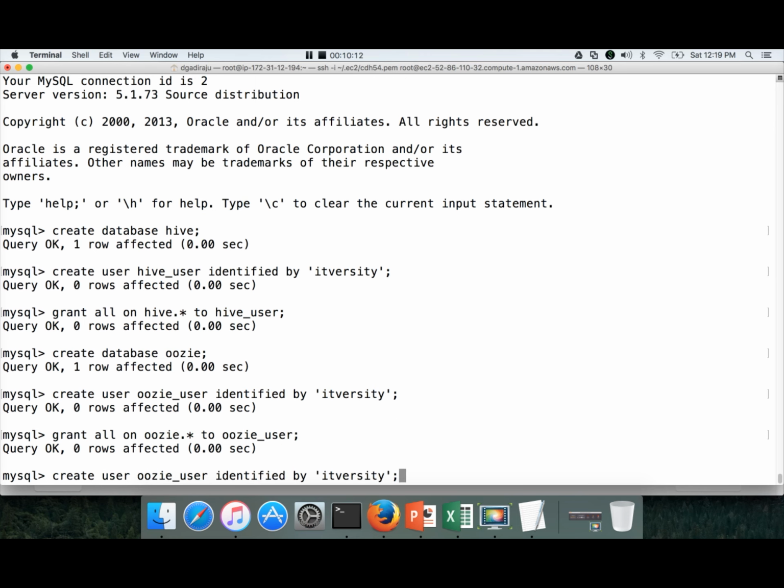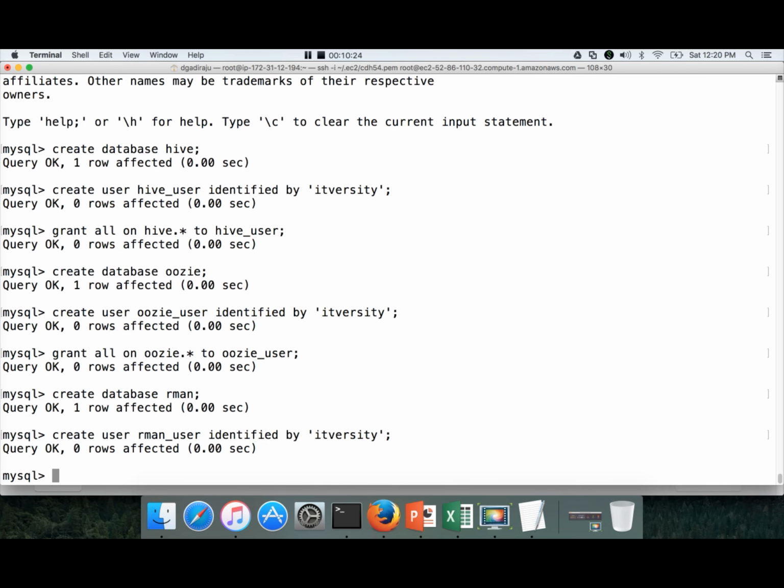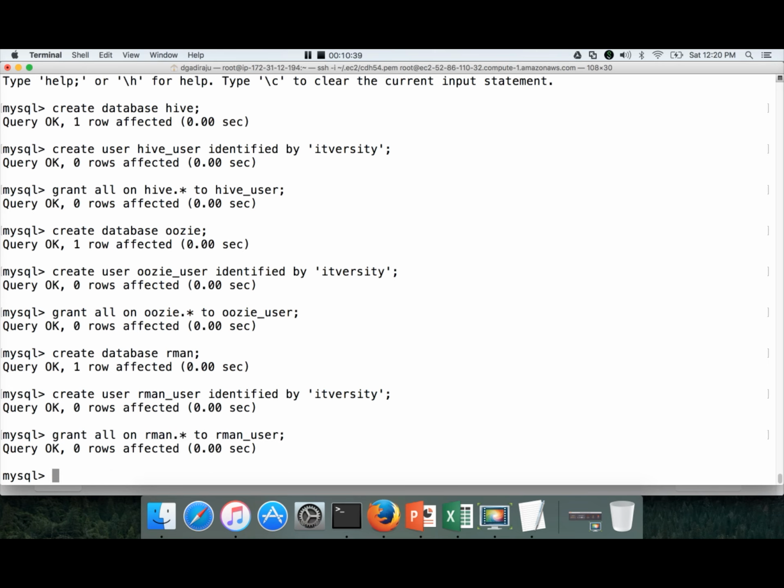The third one is rman. Create user rman_user identified by itversity, and then grant everything on rman.* to rman_user. Okay, after performing all the necessary DDLs to get all the users and grants as well as databases, you have to run the flush privileges command,